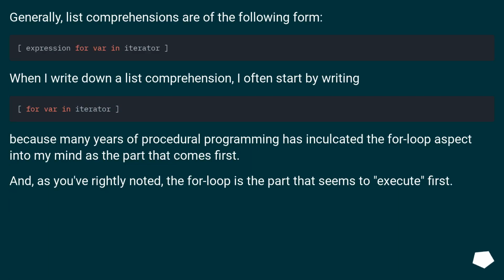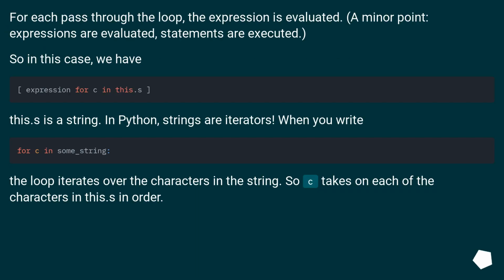Generally, list comprehensions are of the following form. When I write down a list comprehension, I often start by writing the for loop, because many years of procedural programming has inculcated the for loop aspect into my mind as the part that comes first. And, as you've rightly noted, the for loop is the part that seems to execute first. For each pass through the loop, the expression is evaluated. A minor point: expressions are evaluated, statements are executed. So in this case, we have